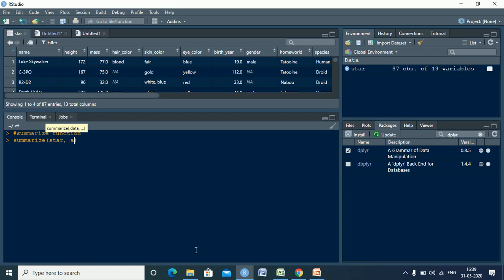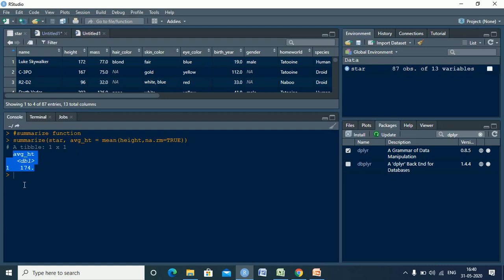Let me say I create a variable average height, which is equal to the mean of height, and over here we are going to make na.rm equal to true. That means the not applicable values should not be considered when you are calculating your mean. Now you get a new average height, and the average height of the data set is 174.